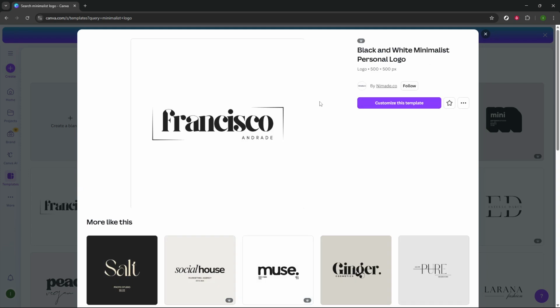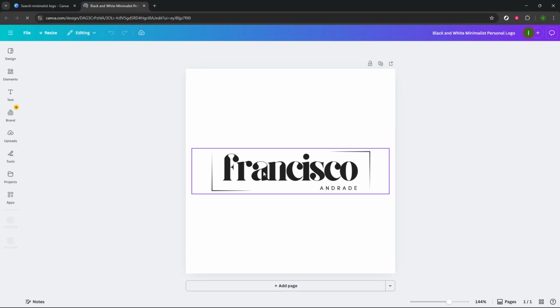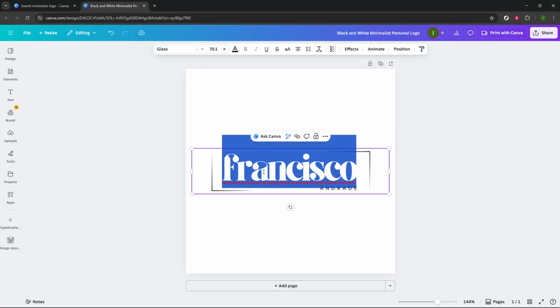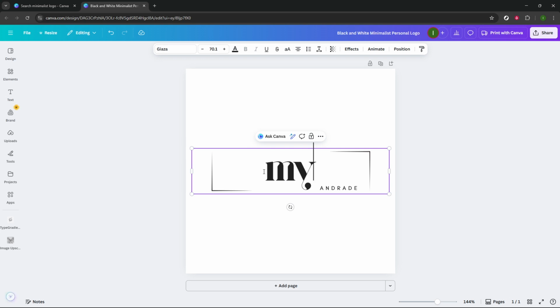Once you have your template, click on it and then click on Customize this template to enter the design editor. This is where the magic happens. Click on the text area to edit it. Here is your chance to input your own brand name. Type it directly into the text box, and feel free to play around with different fonts and sizes to make it uniquely yours. As you explore further, don't hesitate to click on other elements of the template that you might